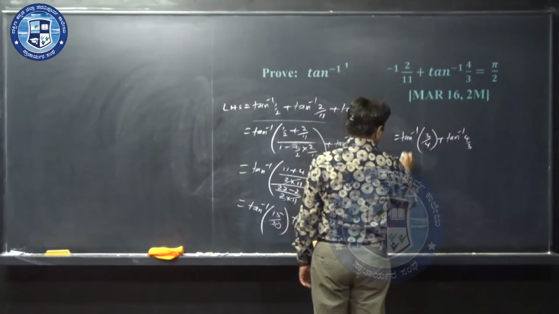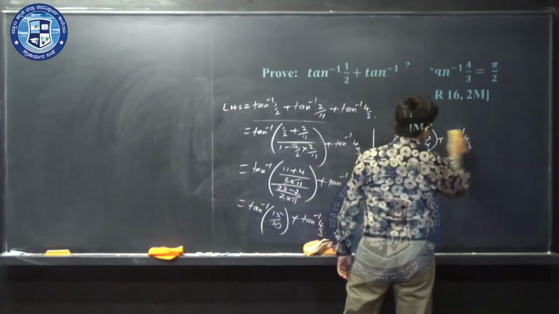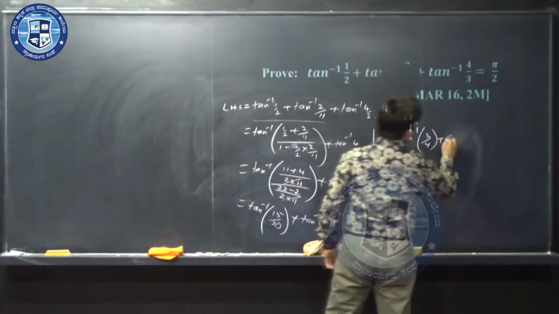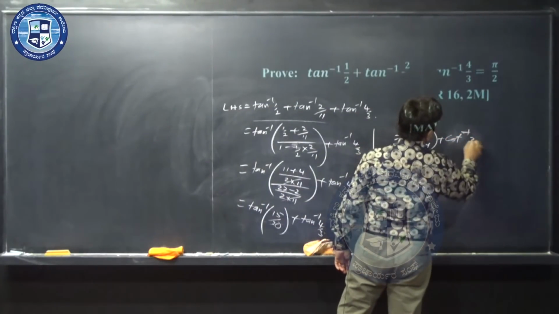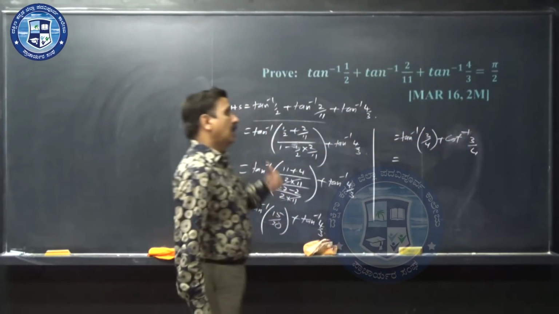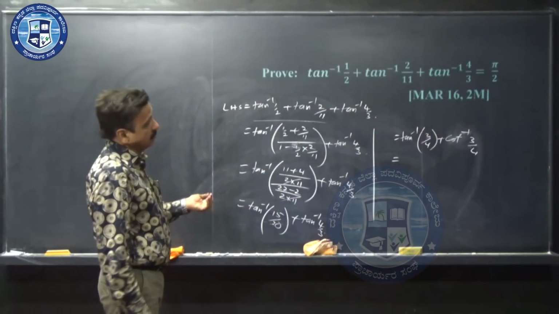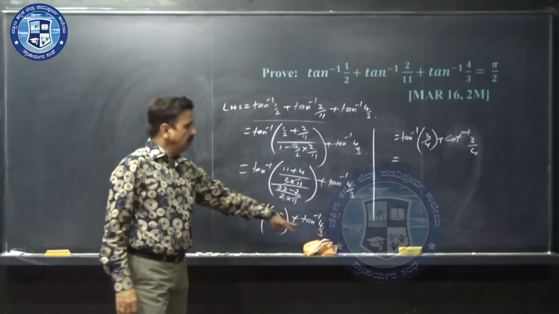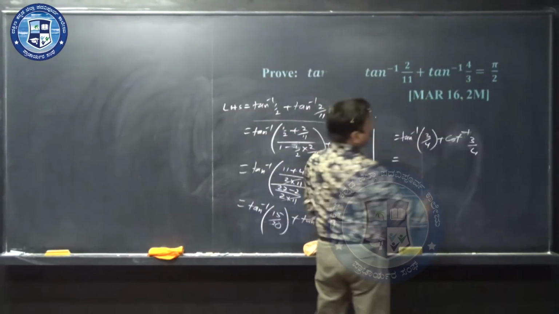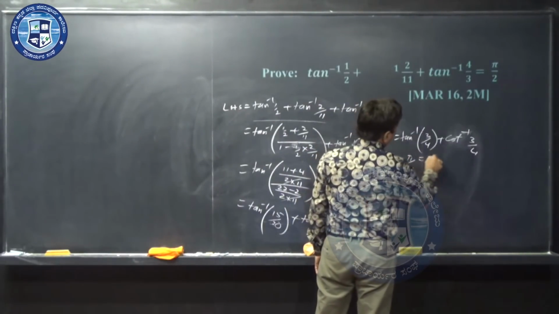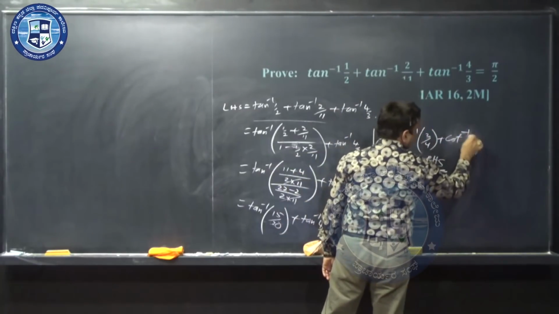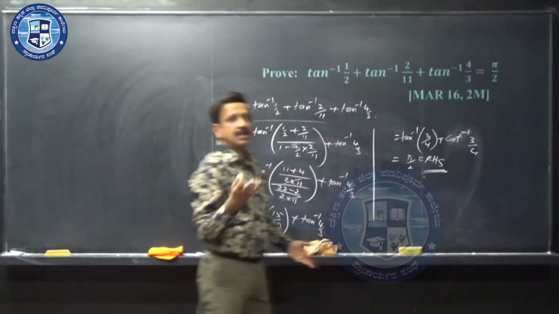That is equal to, I can write like this, this is tan inverse 3/4, and tan inverse 4/3 I can write as cot inverse 3/4, you know it. Tan inverse x is cot inverse 1/x. Tan inverse 4/3 I have written as cot inverse 3/4. Now, tan inverse x plus cot inverse x is equal to pi by 2, you know that, over. Standard result, over.